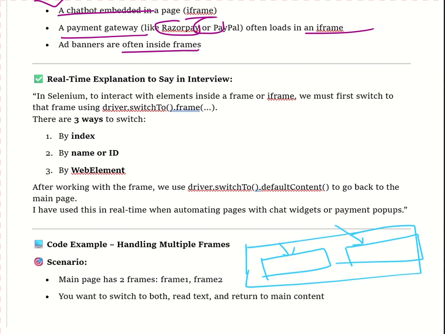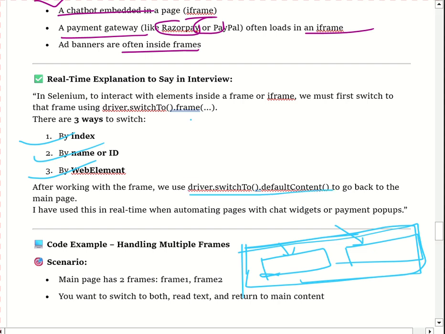For that, first we will locate this particular frame by index, by name, or by web element, and then we will switch to that frame. If we want to go back to the parent frame, meaning the default page, for that we will use driver.switchTo().defaultContent(). I hope you understand this question.